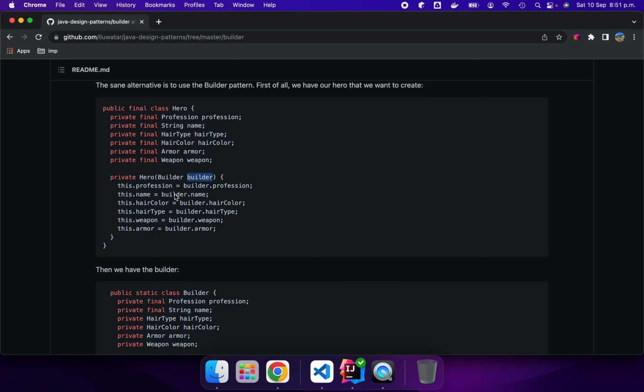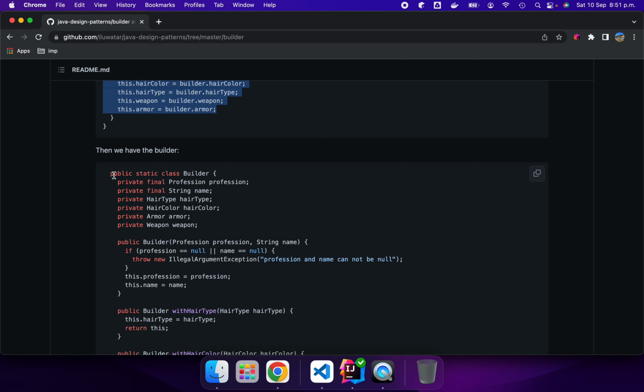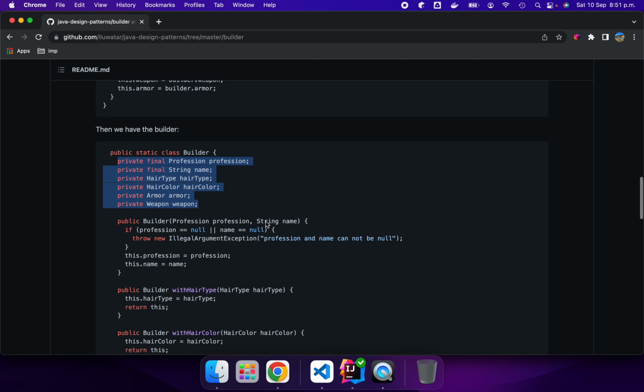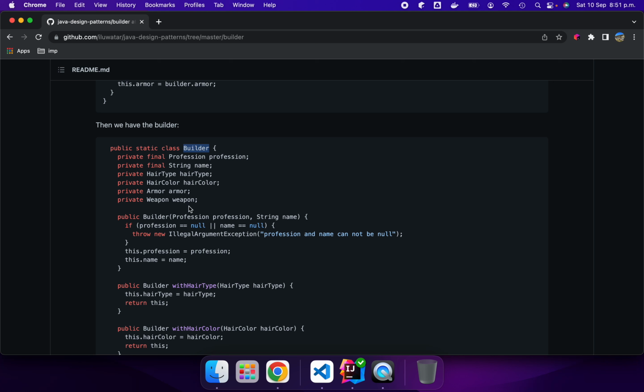And from the builder we are fetching all the variables. Now let's talk about what a builder is. The builder is just a static class that is going to be part of this class. What we are saying is, hey, I need this number of parameters for my constructor, can you create it for me? Then I'm saying, I'm going to create the builder for you, but